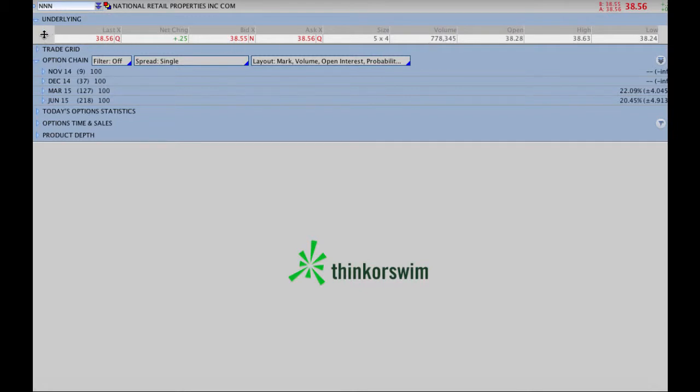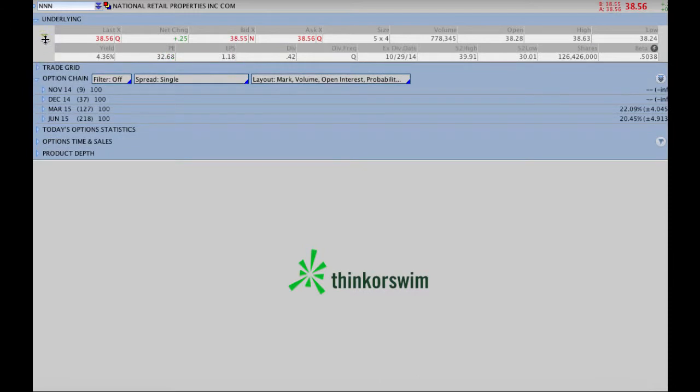Now in Thinkorswim, you just have to open up the little box that's right below the underlying. So all we did was click this little arrow right here. And now you can see the yield. So it gives a little bit more information. Now the yield is the dividend yield. And that means that it's basically paying a 4.36% rate of return if you buy the stock now at $38.56 and it pays that dividend that it's paying